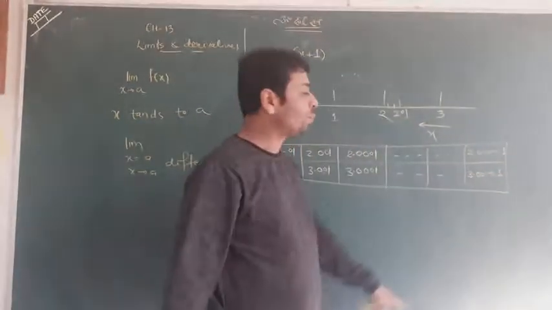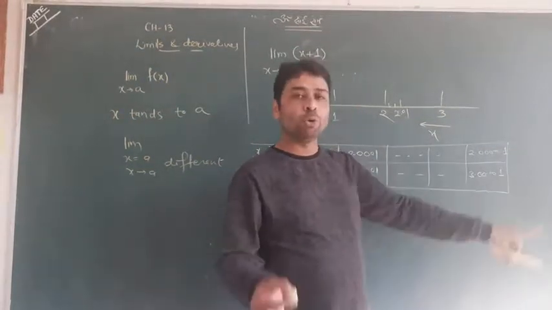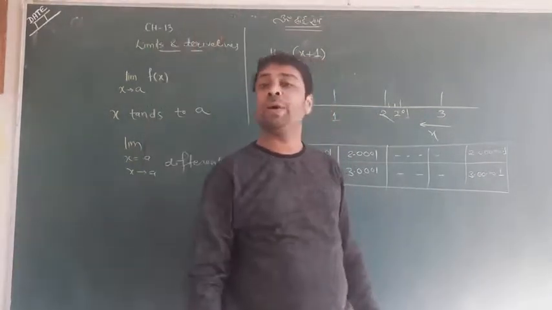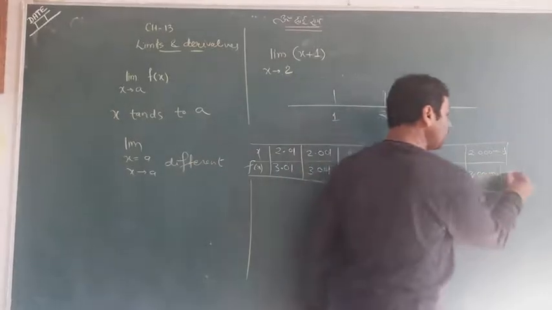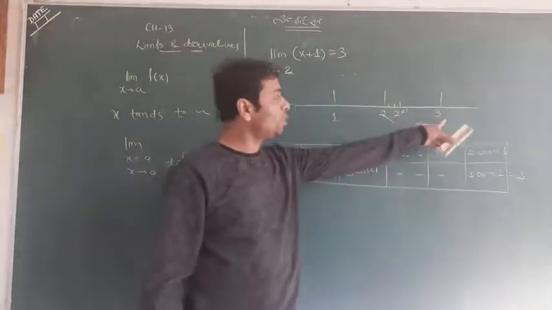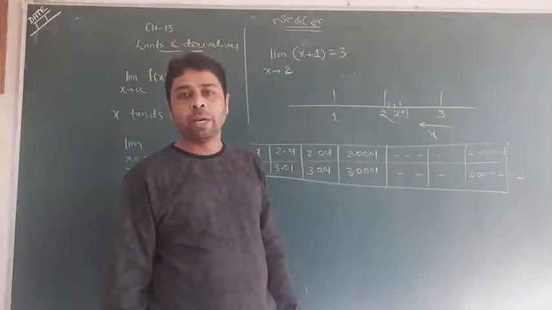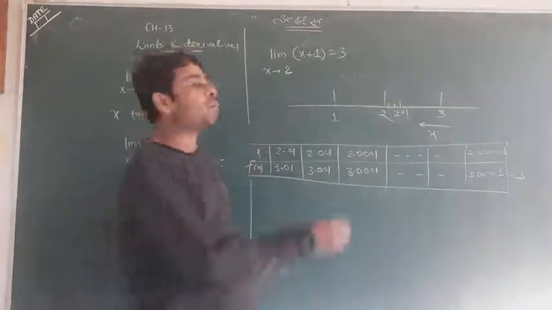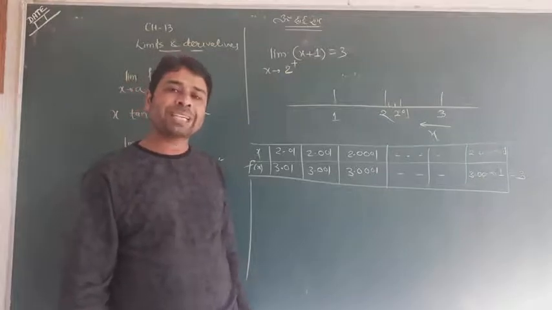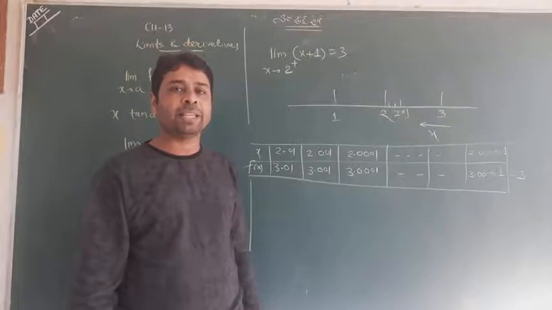One can understand that in 3.000 with infinite zeros, the 1 has no sense, because at the infinite position after the decimal, a 1 has no meaning. So your answer will be 3. So this answer is again 3. When x is reaching from the right direction, it is called a right hand limit, and the answer is again the same. The right hand limit is given by x tends to 2 plus, and 2 plus means x is reaching 2 from the right direction. These two terminologies are really excellent.